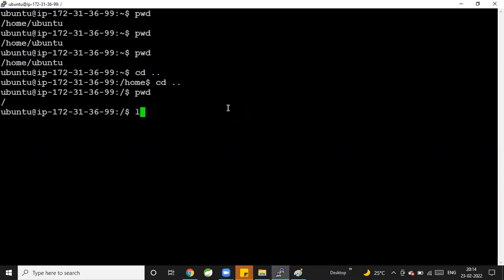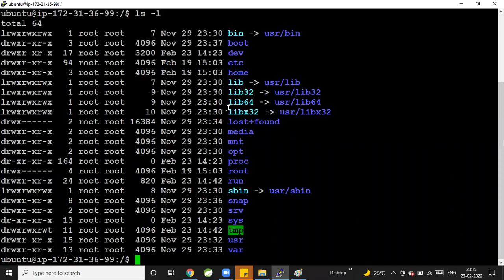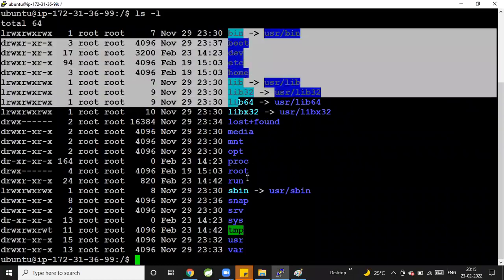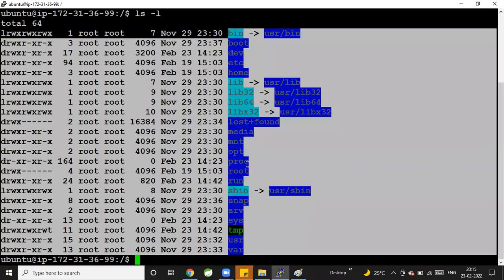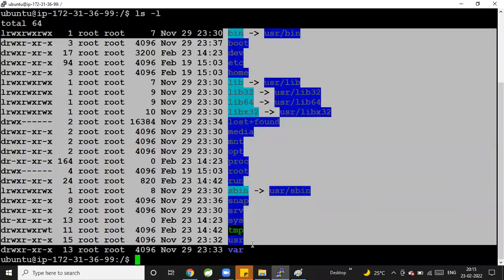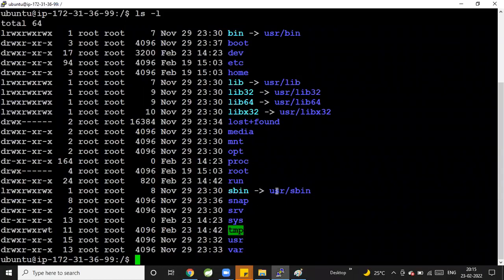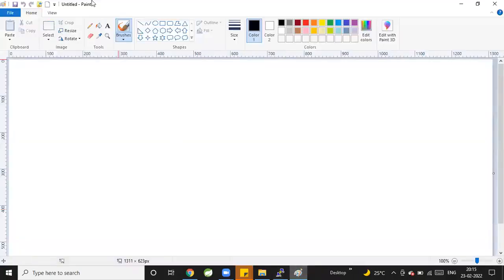Now here I want to see what files are available. I'm using the ls -l command, which is used to display the files. Yesterday we discussed the purpose of all these files. Good. Now in today's session we are going to talk